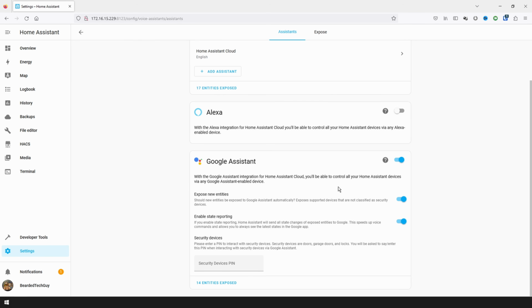The last option is labeled Security Devices. Here you can enter in a PIN that would be required to be set or entered when interacting with security devices such as locks or alarm panels. And with that, we have set up Google Home to be able to control Home Assistant connected devices with our